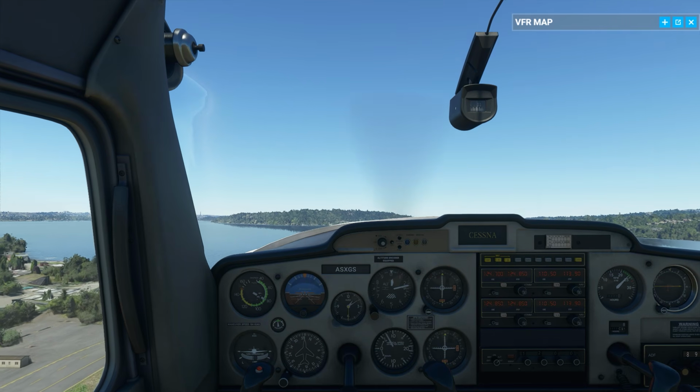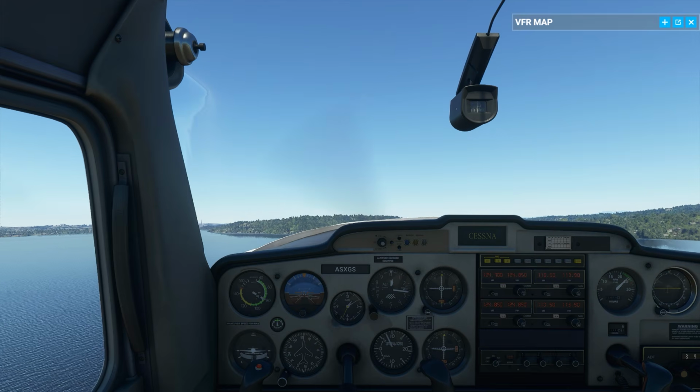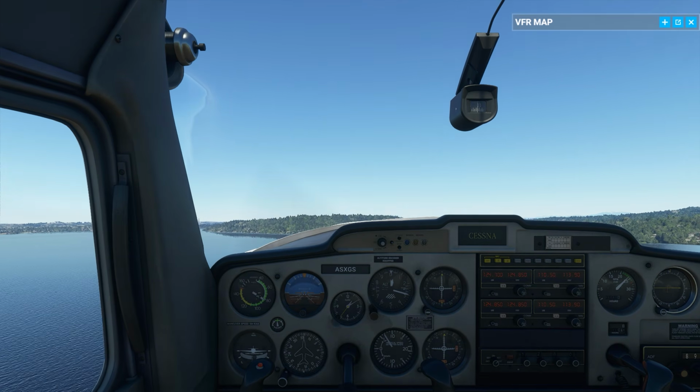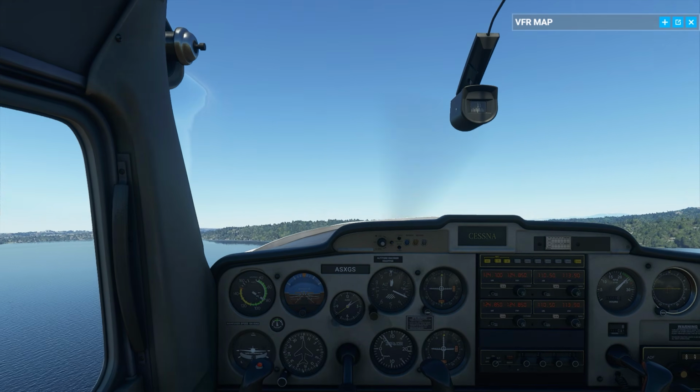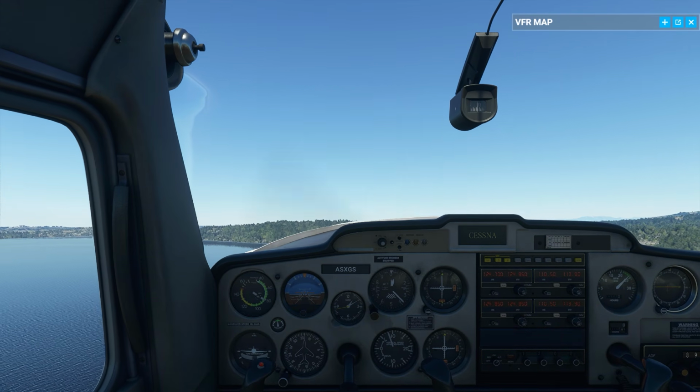I'm going to pull back that trim button because I don't like holding this stick back all the time. So I'm bringing the trim wheel back. You can't see it, but I'm bringing the trim wheel back. And I'm just letting go, seeing if the nose goes back down. If it does, I just pull it back and trim a bit more. And eventually,